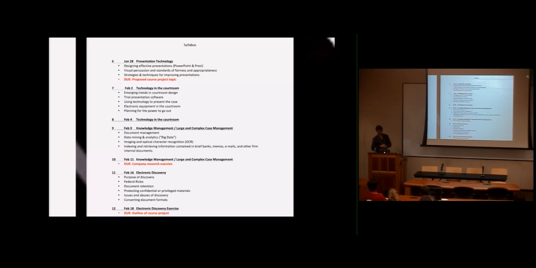So what's next? Knowledge management, large complex case management. This is where we got into the DMSs, document management systems, data mining, big data. That's another term that you start hearing thrown around a lot lately, and I think a lot of people don't have a full grasp on what that means, but we talked about how the social media companies are mining huge amounts of data, and increasingly some of these litigious cases involve huge volumes of data that have to be managed, and how do people go about doing that? That led us, in turn, directly into the e-discovery piece.